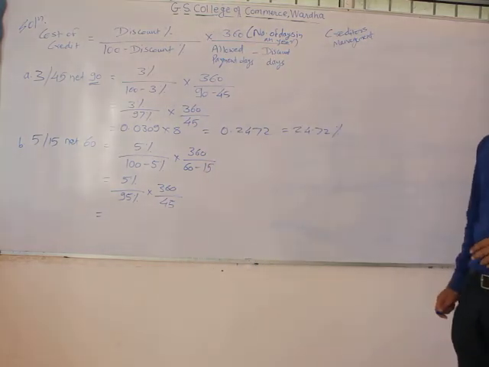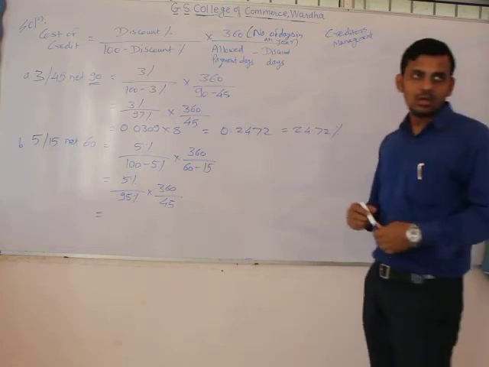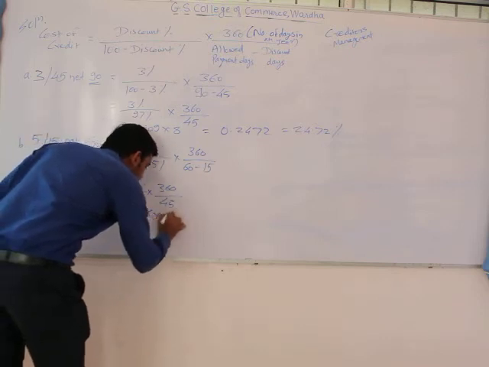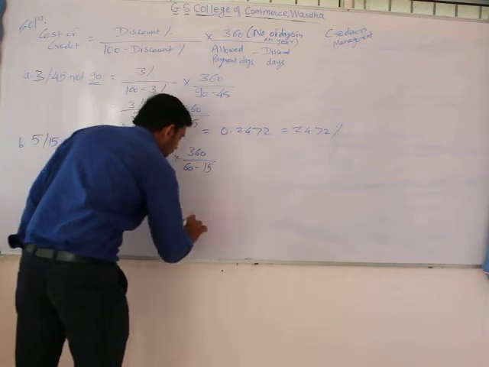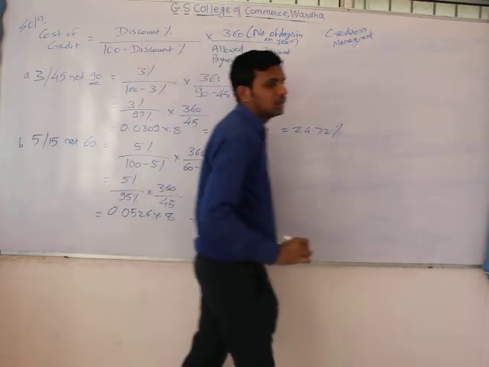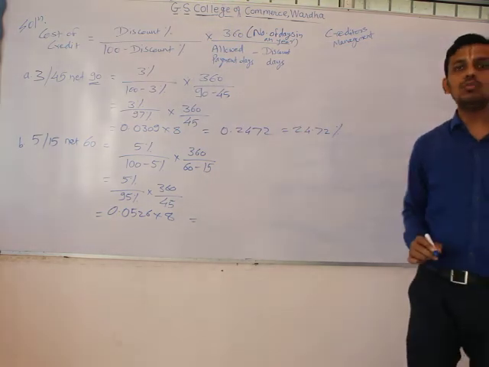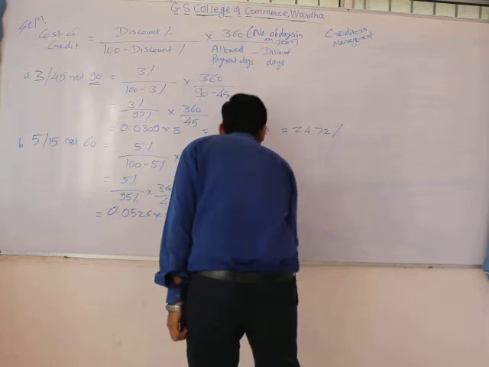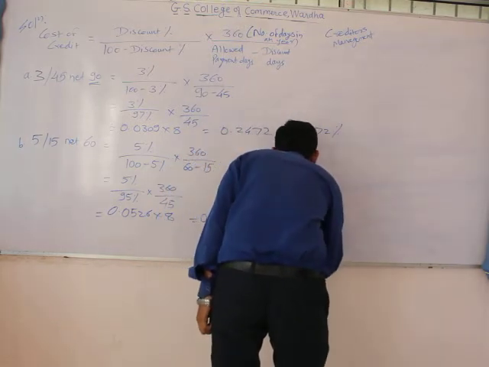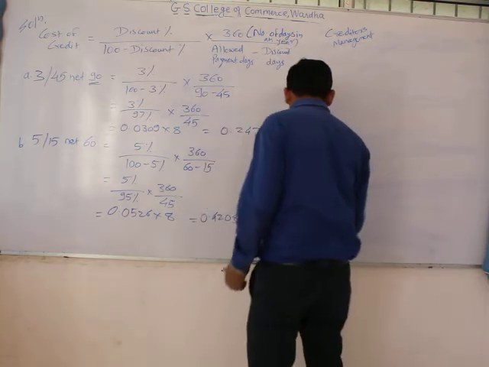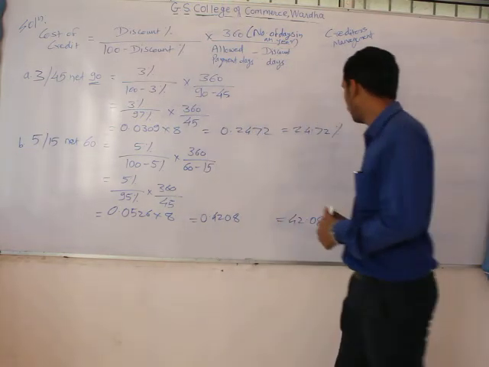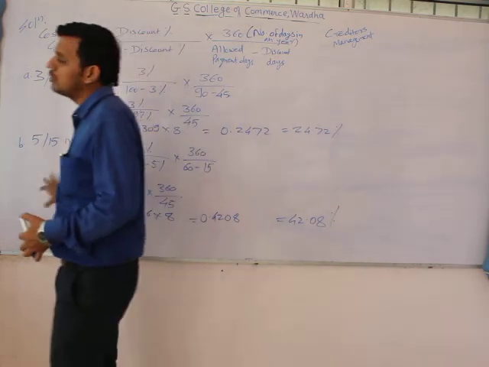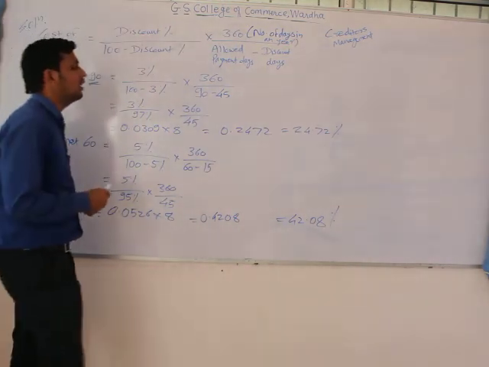Therefore 5 divided by 95 is equal to 0.0526, multiplied by 8 is equal to 0.4208. Again, as we have discussed earlier, it would be expressed in percentage as 42.08%. As the question has given two proposals, and we have evaluated both, we see that